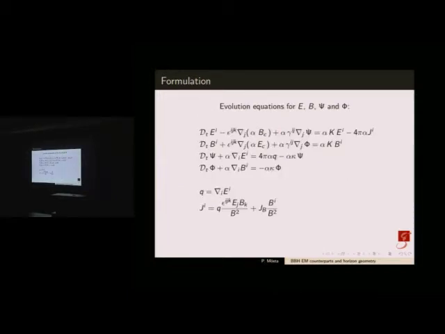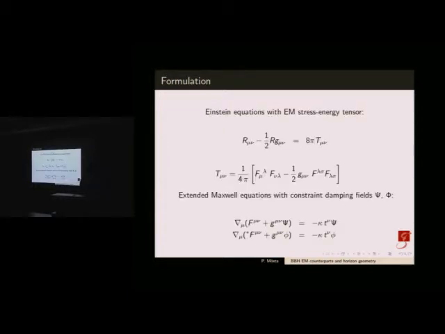Right, so if we do that model, if we go back to... yeah, sure. So I guess